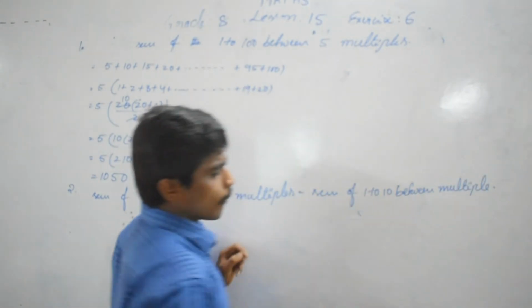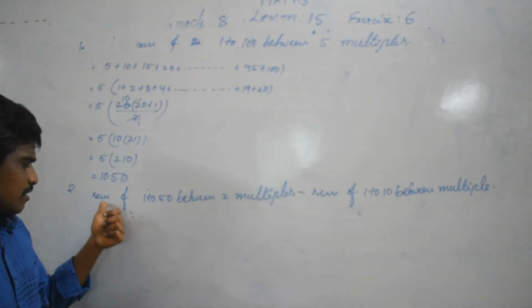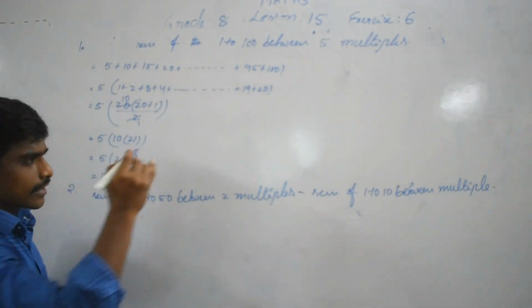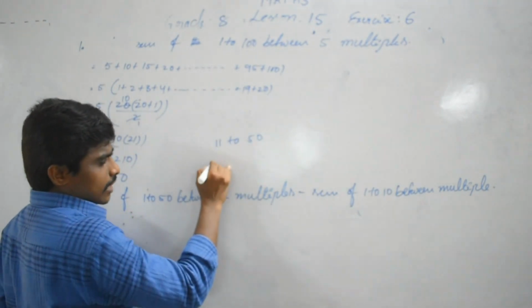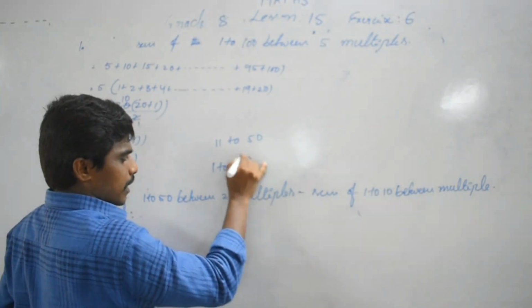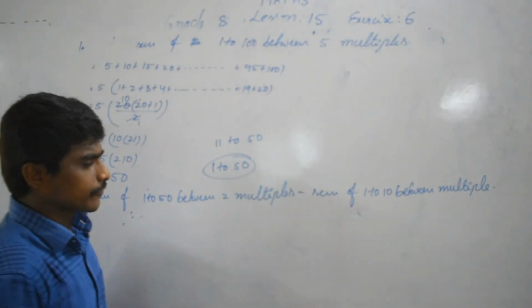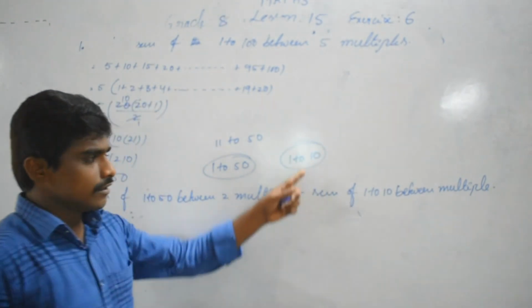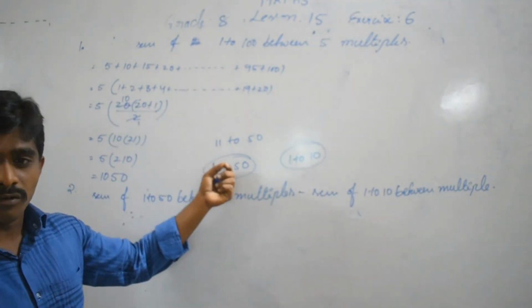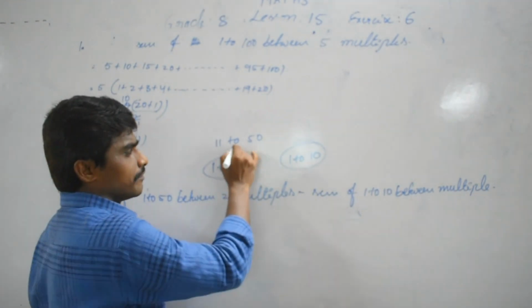Now I hope you understand this step. The sum from 11 to 50 is being asked. So I said take all the numbers from 1 to 50 added. Then all numbers from 1 to 10 added, and these are subtracted. Now automatically we get only 11 to 50.